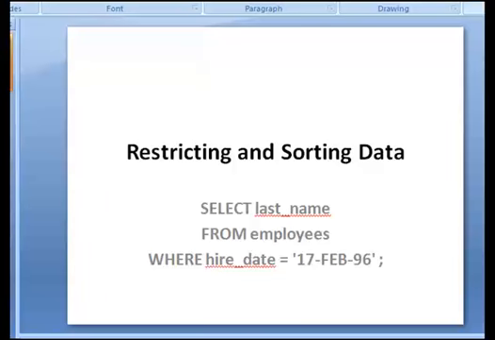In this module, we're learning how to restrict data and sort data. This restricting is much more advanced than what we covered in the previous module. Let's go connect to Oracle through the